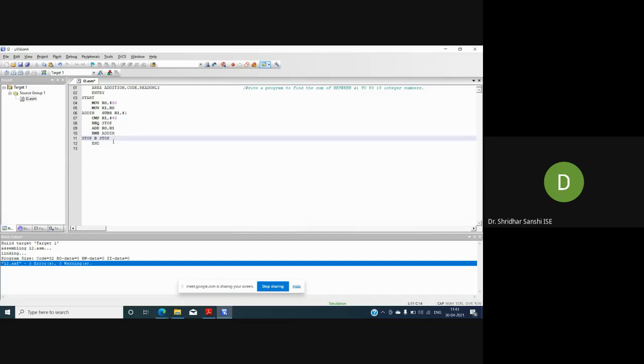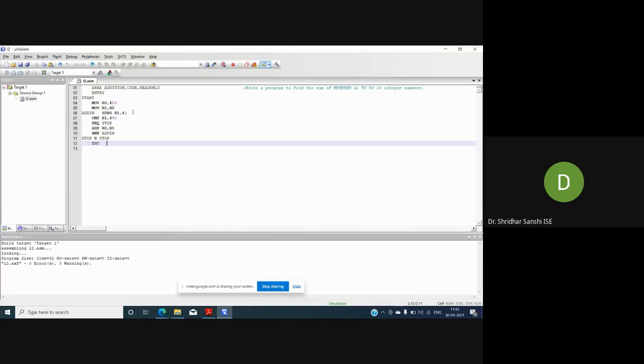Yeah, that's fine. So you will add 41 to 50. You can check the result. If you modify anything in the program, you need to build the program again. Then again you need to debug.